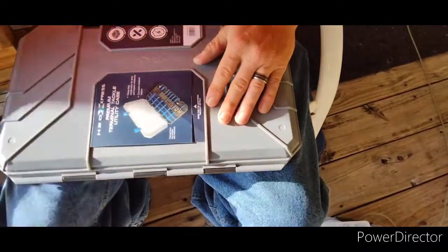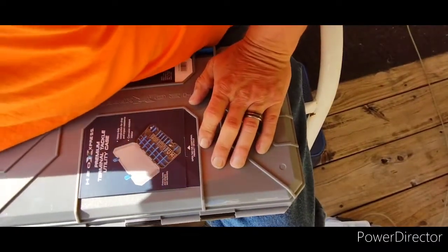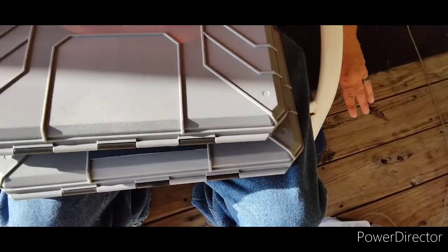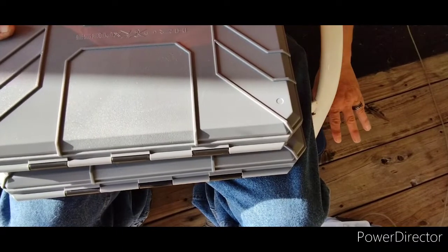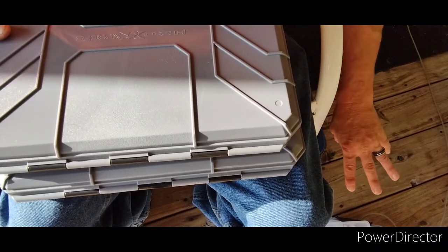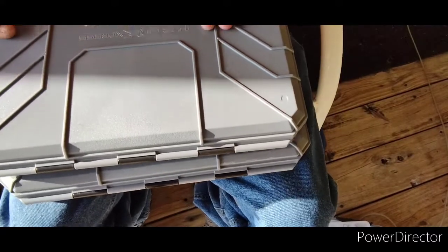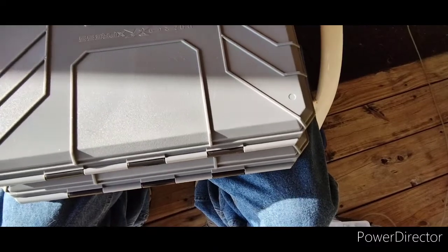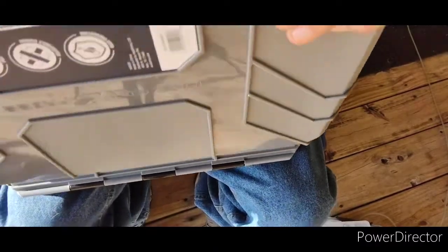Now for my other box, I just bought 2 boxes. Now before I had that bag from H20 Express, 3 other boxes, and it was all scattered out. Now this has